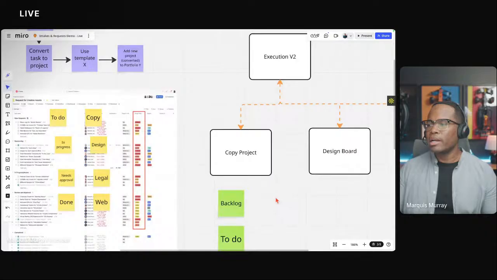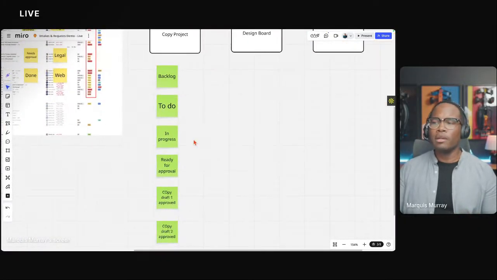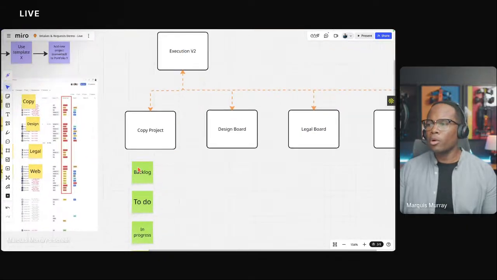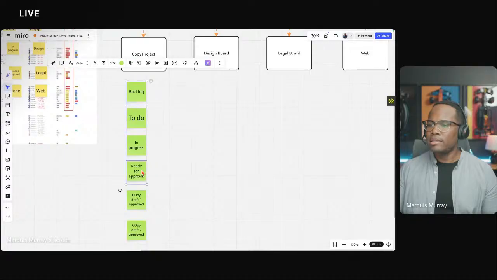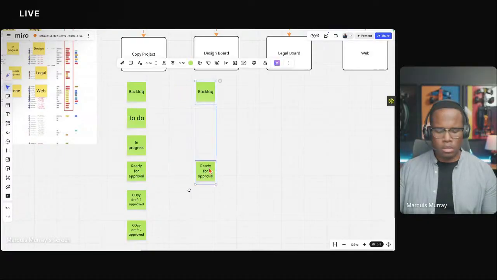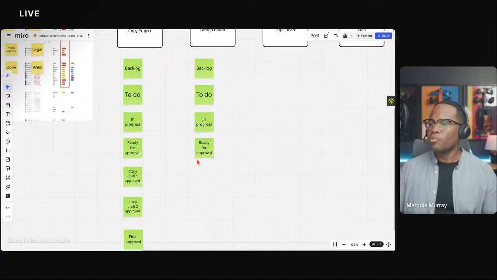And if we have it set up in this way, it makes it really easy to see who's available to take that work on. Okay, so that's what the copy board will look like. I'm not going to do the rest of these, but let's just say that these are all the same, and then ready for approval, and then we can say approved,